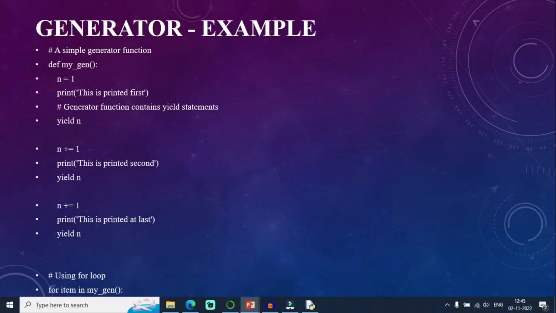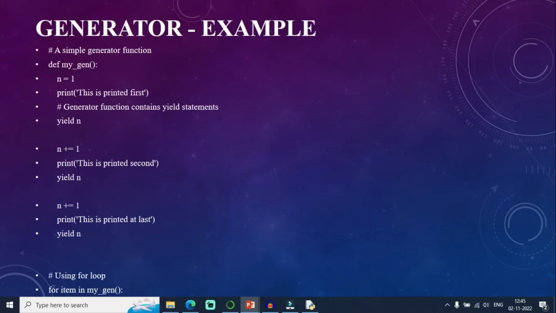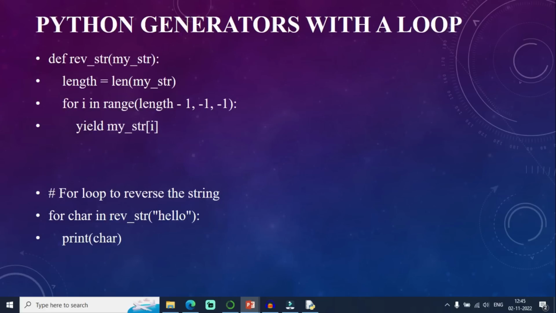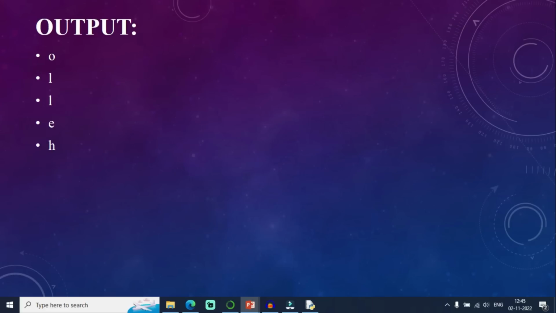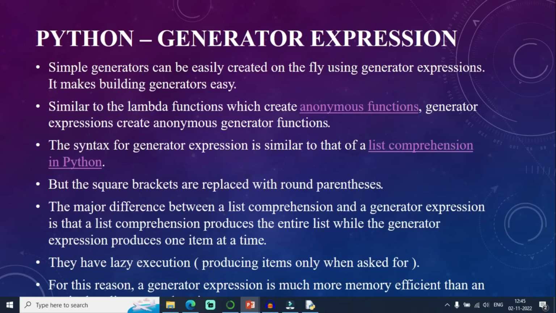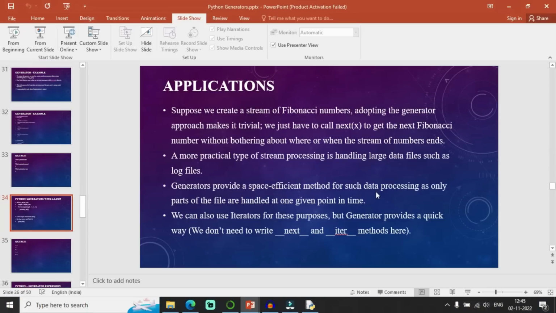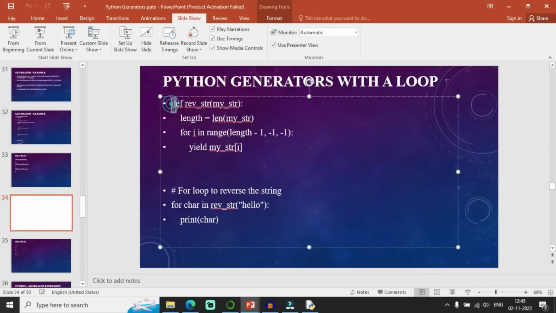Alright. So I gave you different examples of using a generator. Now I want to print the characters in my string. So far I was discussing numbers, but I can use generators with strings as well. If I want each character, I can give my string and use yield with the string as well. This is one example of playing around with strings.